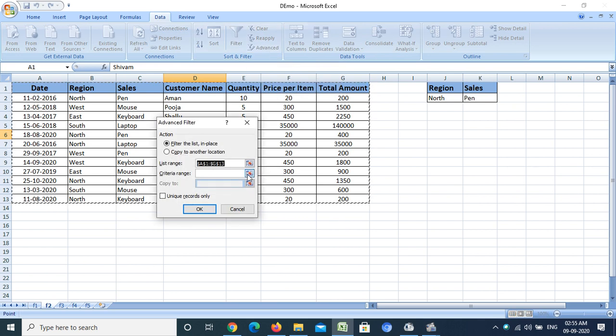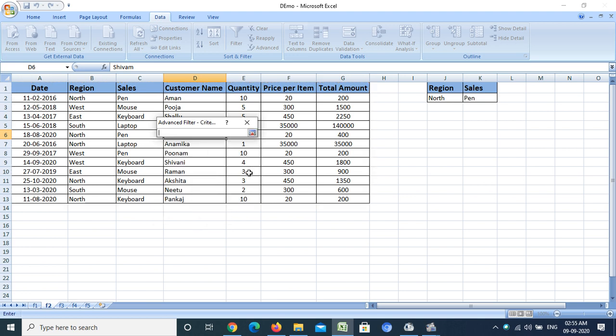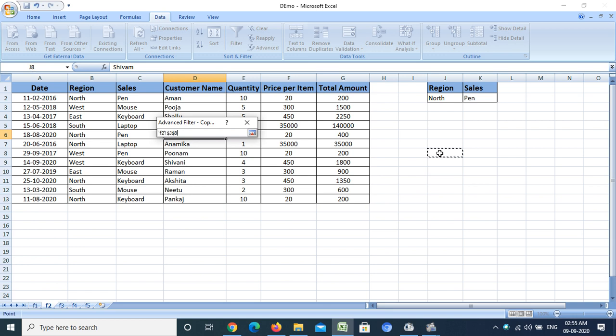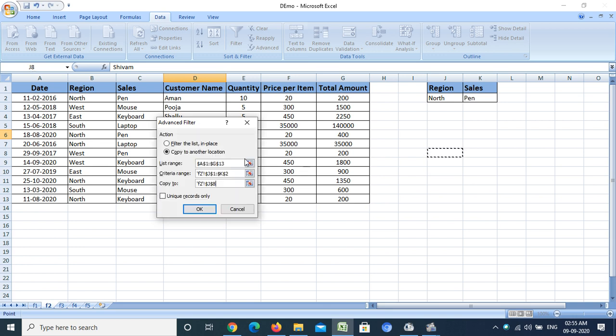I have to click on this arrow for the selection of my criteria. After that, I have to select the criteria with label. Now, I want to copy it to another location. I have to click here. Now I have to select the destination. Suppose I want to paste my data here only. Then I have to click OK.